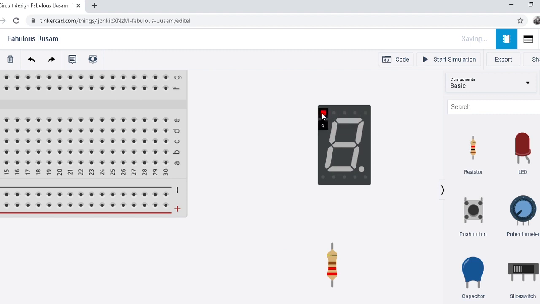In this we have 10 pins, 1 2 3 4 5 is here, and 1 2 3 4 5 is here. As you can see, these lines are the LEDs. So we have 7 LEDs and one dot LED also. That is why this name is 7-segment display. Each LED belongs to some pin. Like this is LED number A, that belongs to pin number A, that's B, that's C, that's D, E, F and G, and that is the DP LED, which is also connected to this pin.